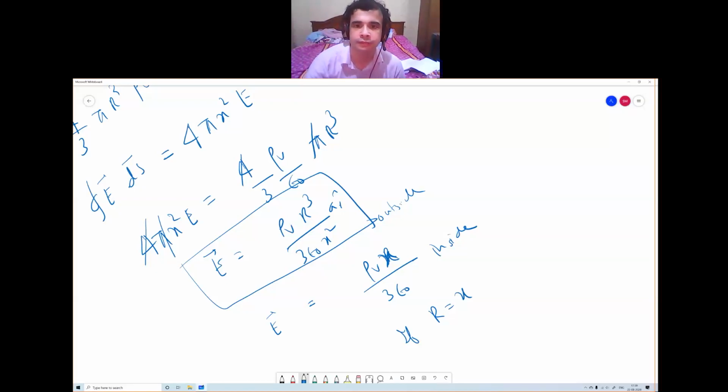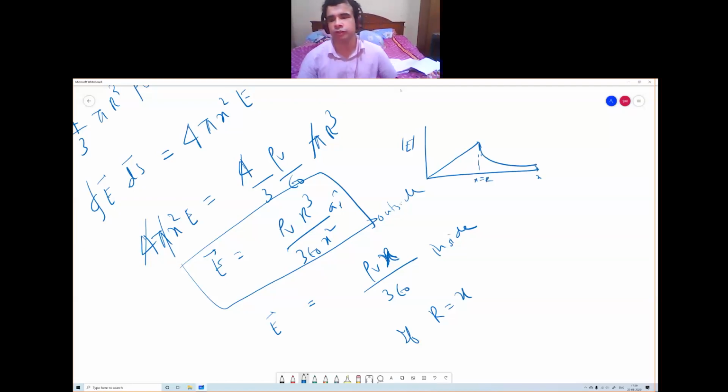So, in other words, the magnitude of the electric field increases linearly up to x equal to r and then falls down with the inverse square law. Is this concept okay? The electric field starts from 0, then it increases linearly up to the surface where x equals r. After that, it falls in the inverse square form as we have seen in the expression. Is it okay?